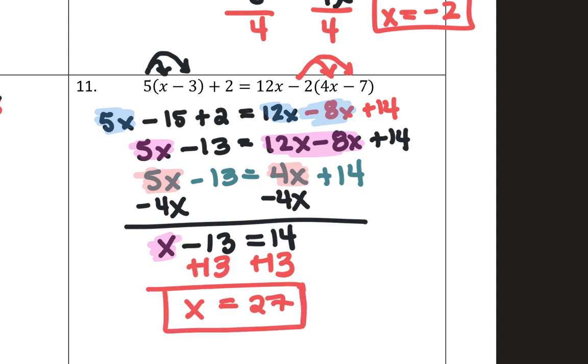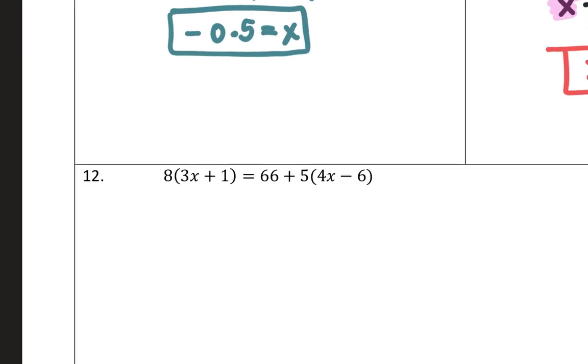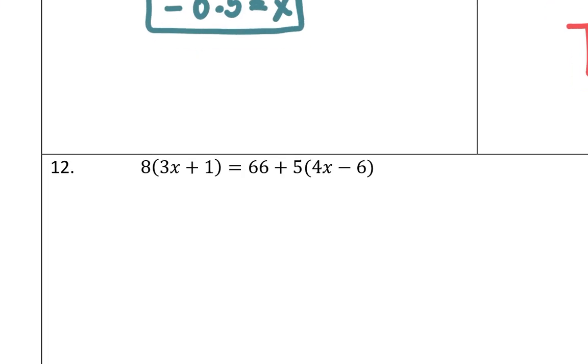All right, we've got one more to go, class. Okay, last one. Reminder that, again, anything in front of the parentheses has to be multiplied. Any number in front of the parentheses has to be distributed. 8 times 3 is 24x. 8 times 1,